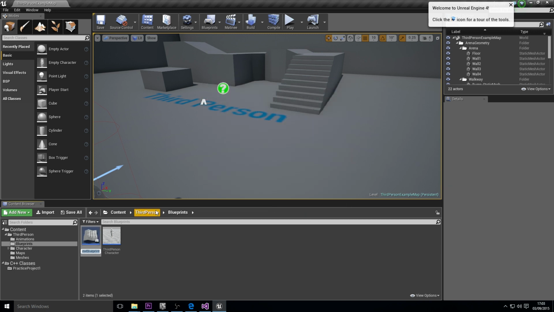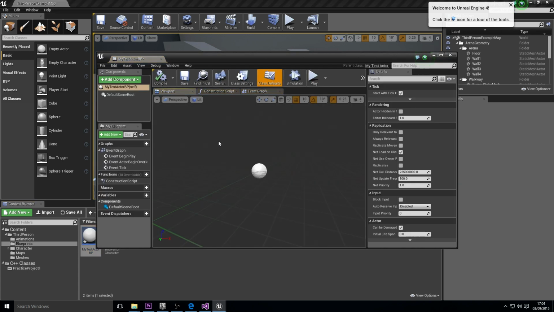So let's add that into the world, and we'll call it MyTestActor_BP. It's useful to have naming conventions set up for things. And now when we double click on that,